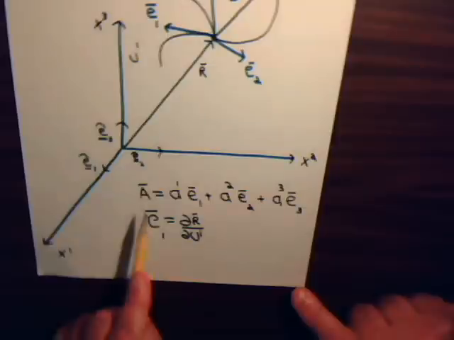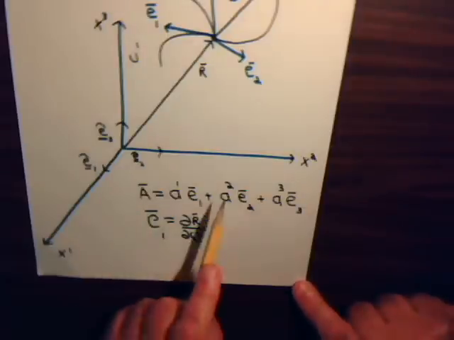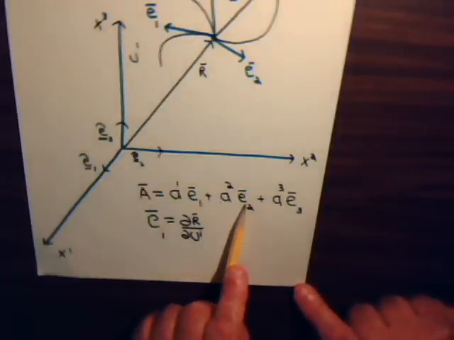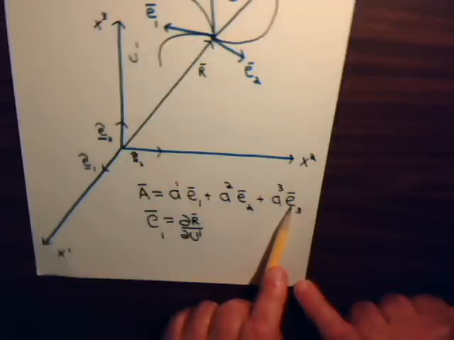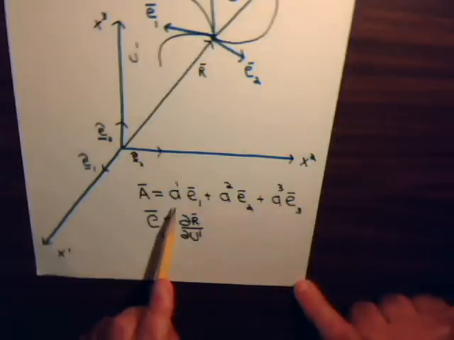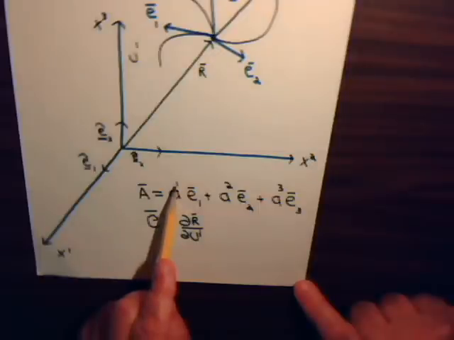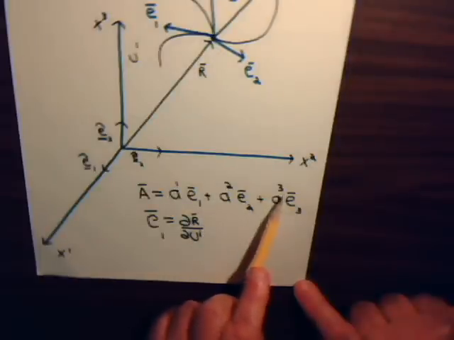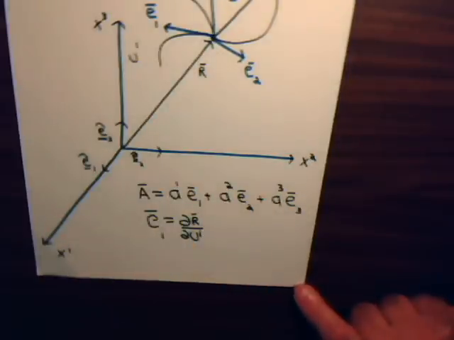And the component of vector A on u2 would be some number times this tangent vector E2, and same thing here. Now these components, we said let's write these with upper labels, with the superscripts. And if we do that, let's see where that leads us. So what we're going to do is